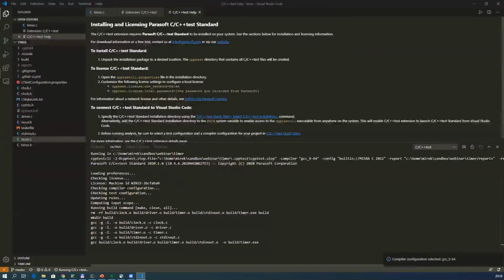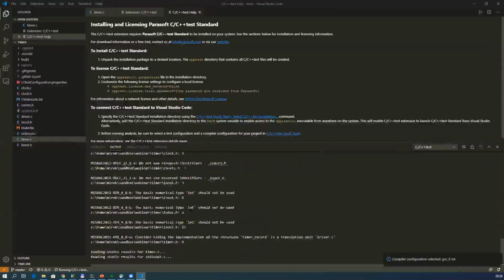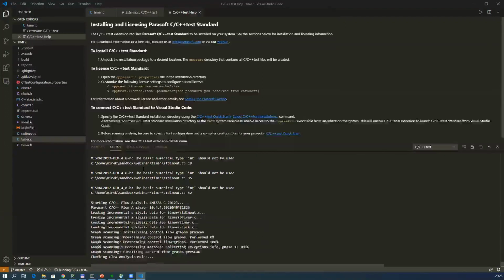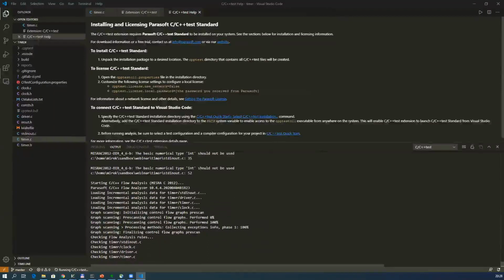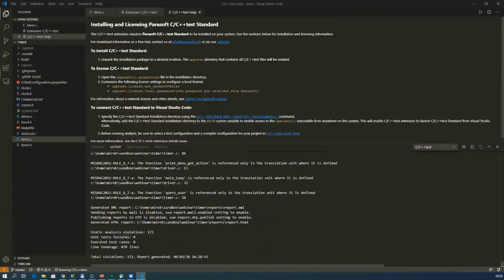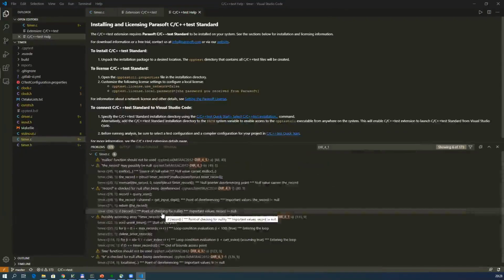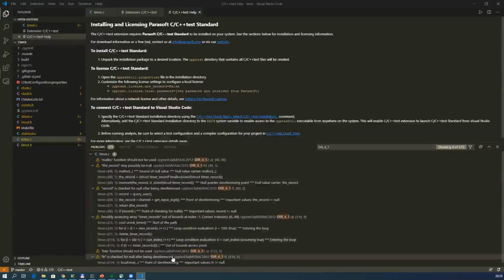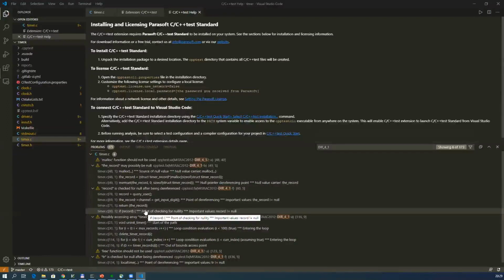What is happening right now is the extension started the analysis process. We see the progress on the output view. You see that some violations were already found. And after the analysis is done, all the static analysis findings, all the problems located in the code, are loaded to the problems view. So we can now easily browse through them, analyze, and take appropriate